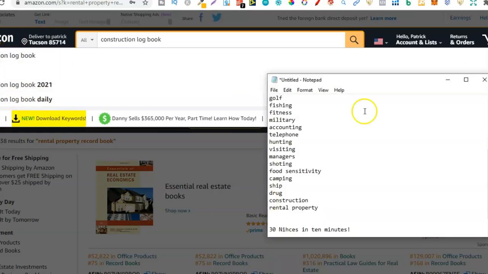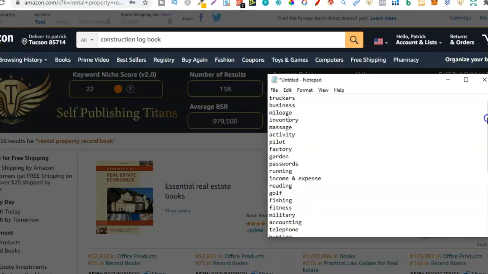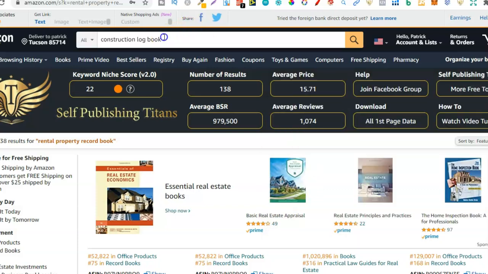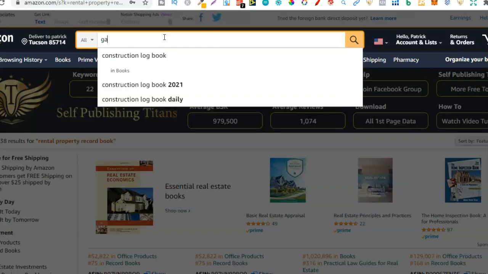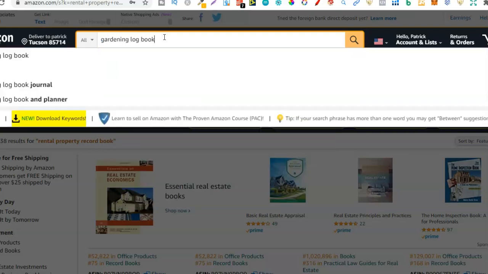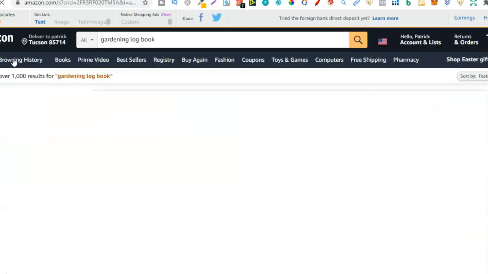Let's take a different one. Let's see what we have here. Trucker's business, mileage, garden, passwords. In fact, let's do garden. Let's do gardening logbook. So right off the bat, we have a few different keywords that we could check out. We have gardening logbook, gardening logbook journal, and gardening logbook and planner. Let's just click on gardening logbook,